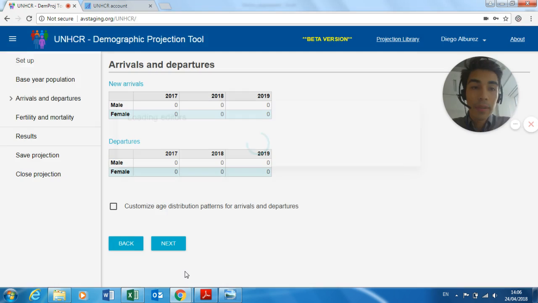The second step of the projection is, okay, so this is the second thing that's going to change. Currently, we need to enter the number of arrivals and departures by year and by sex. In the future, we won't have to distinguish by sex. It's just going to be the total number of arrivals and departures. And in this case, by arrivals, and this we are also going to change here, by arrivals, we don't only mean